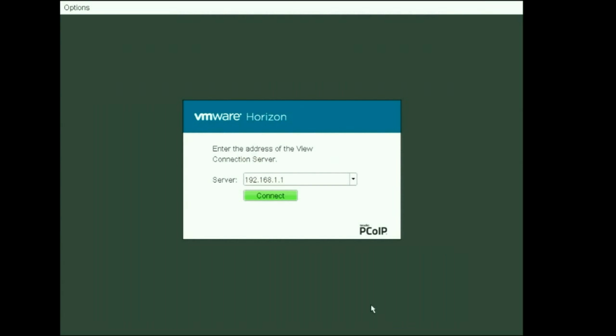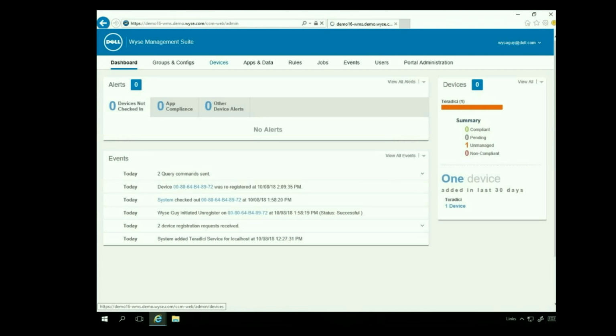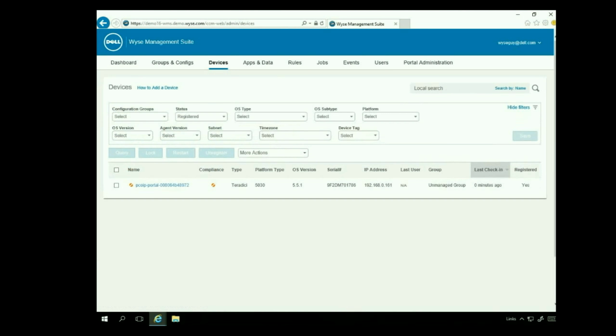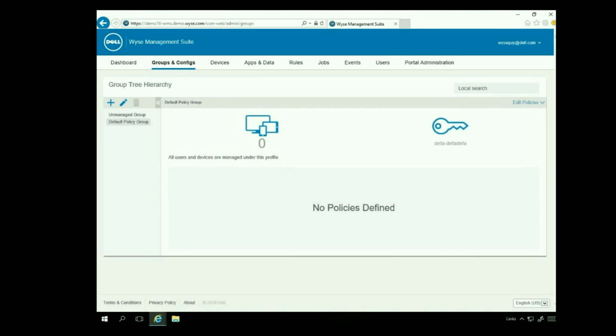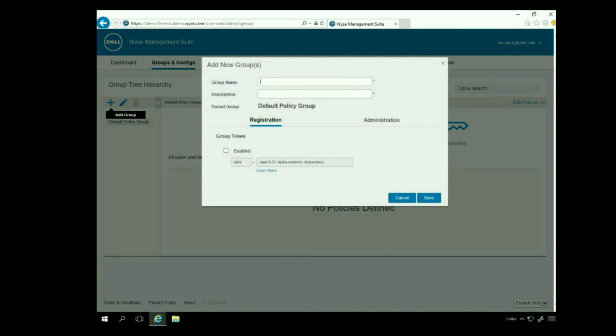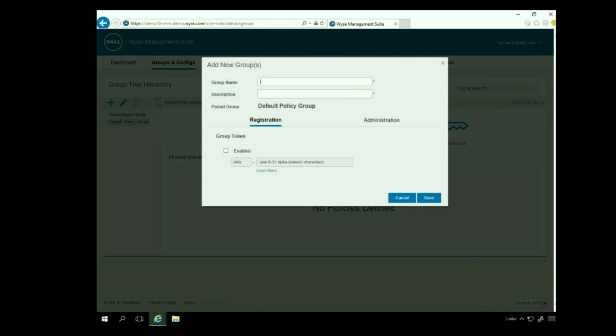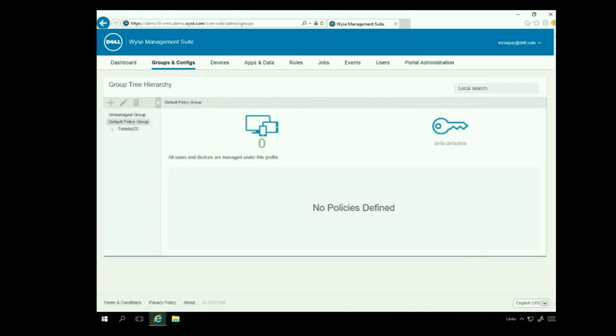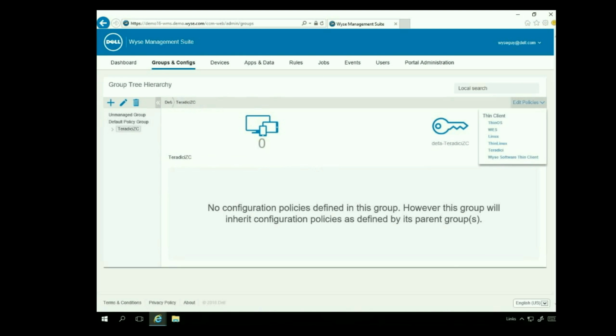So now if I flip and I log into my WMS server, indeed I do see a device. So now I can begin to do some things under groups and configs. So you can see there's a default group policy. I'm going to go ahead and add a policy specific for this configuration. I'm going to give it a group name, and I'm just going to call it Teradici ZC for Zero Client. And then I typically will copy and paste that for the description and the group token. So now I've got a group policy, but I don't have any settings in it. So if I select it and on the right I click Edit Policies and then select Teradici,